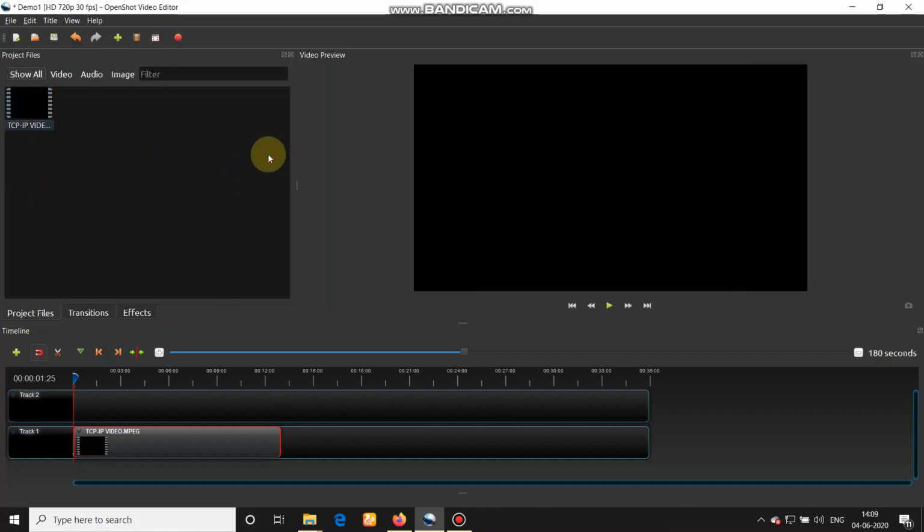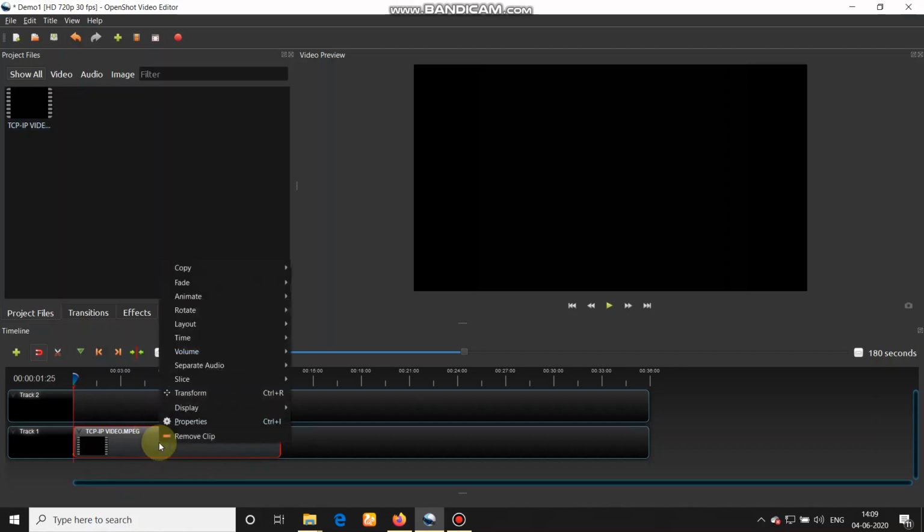I have already done that. So in my track 1, you will see the first clip. Now to adjust the volume of this clip, select it, right click on the particular clip and move to the properties.